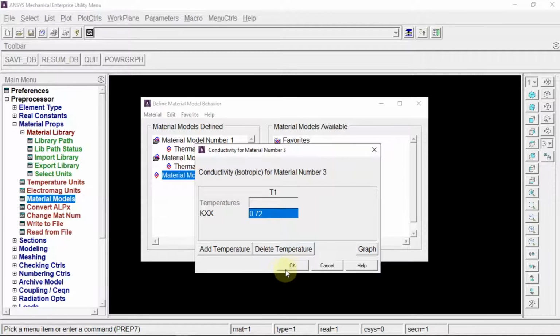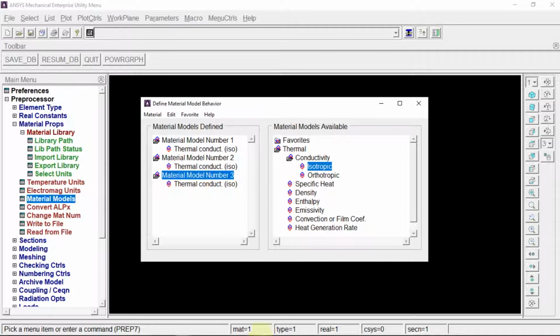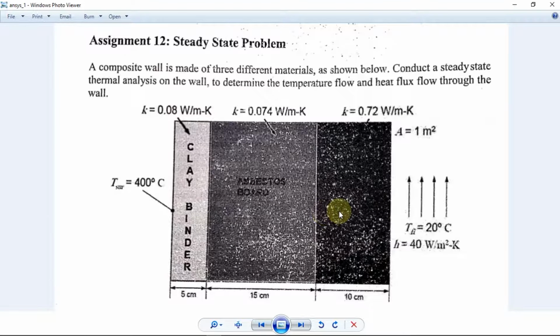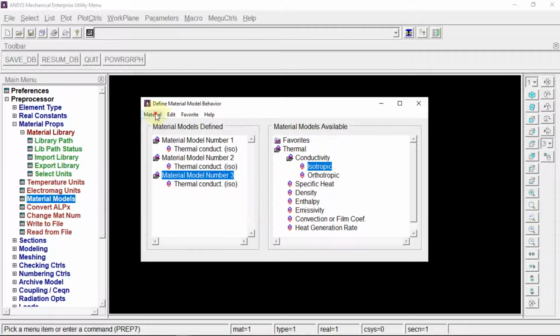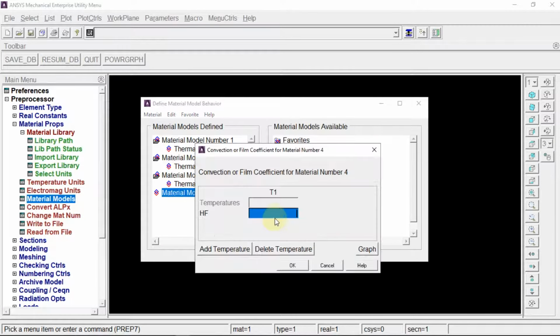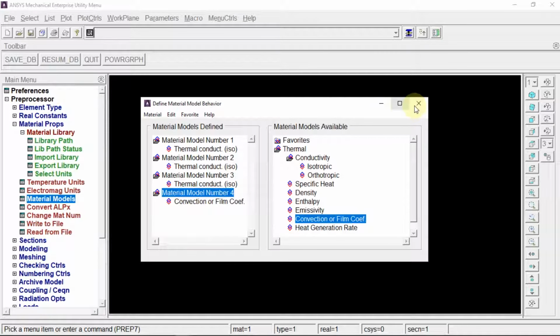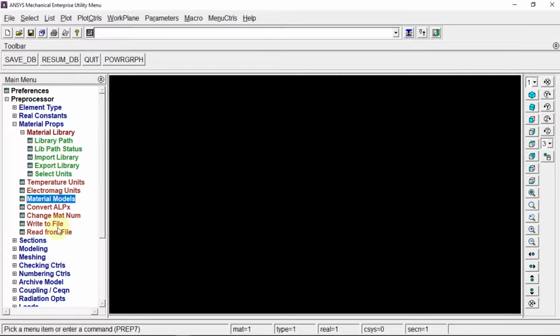So okay, and now after defining these three materials we have to define this one, and for this is actually convection, so we have to define new material and convection and heat transfer coefficient as 40. Okay, then we close this.